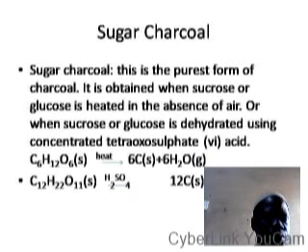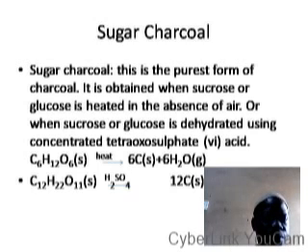Sugar charcoal. Sugar charcoal is the purest form of charcoal. It is obtained when sugar, maybe the common sugar that we talk about, like sucrose, that is the table sugar, or any other forms of sugar like glucose or galactose or maltose, but most commonly used sugars are sucrose and glucose. When either of these sugars is heated in the absence of air,